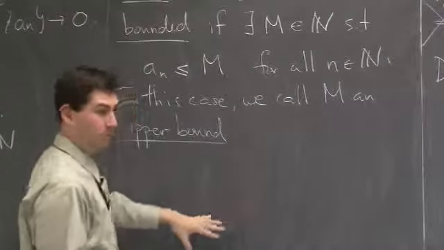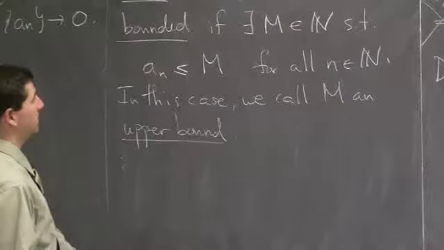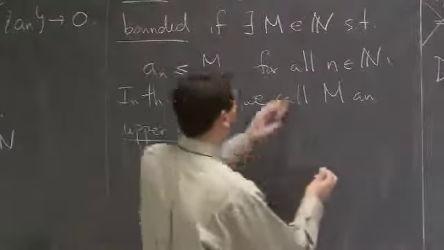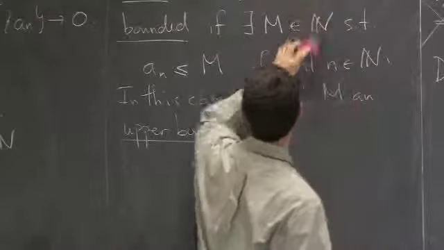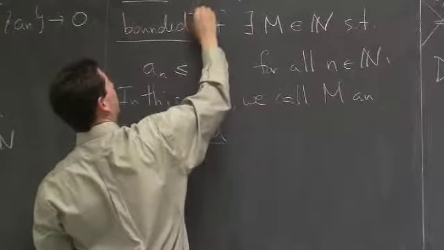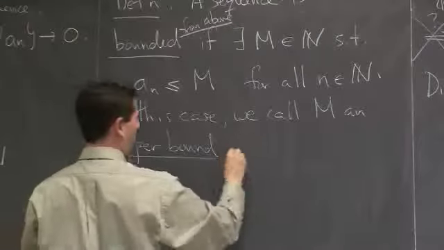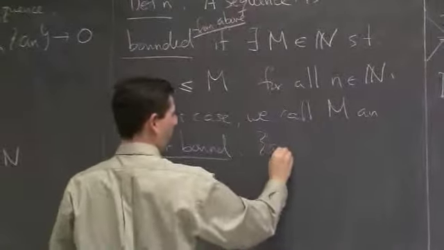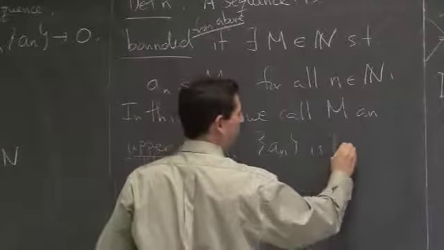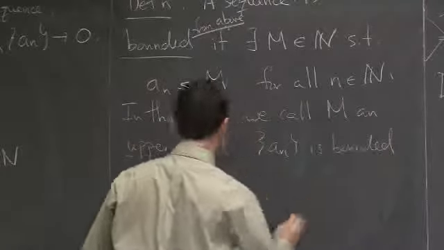Maybe that's actually a better way to say it. So maybe I just change it right now to avoid confusion. Okay, an is bounded from above. I'll say that, and an is bounded from below